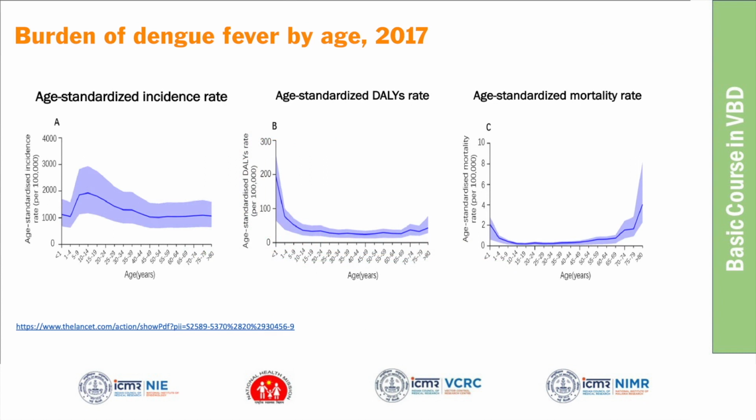So another important point, from the Global Burden of Disease study by age. By age, what do you see, like incidence, DALY, mortality? What do you see in the global incidence of dengue by age in the first figure? In the first figure, we are talking about the global incidence of dengue by age. In which age is it high, or which age does it peak? The first one, on incidence of dengue. 10 to 15 years. Yeah,